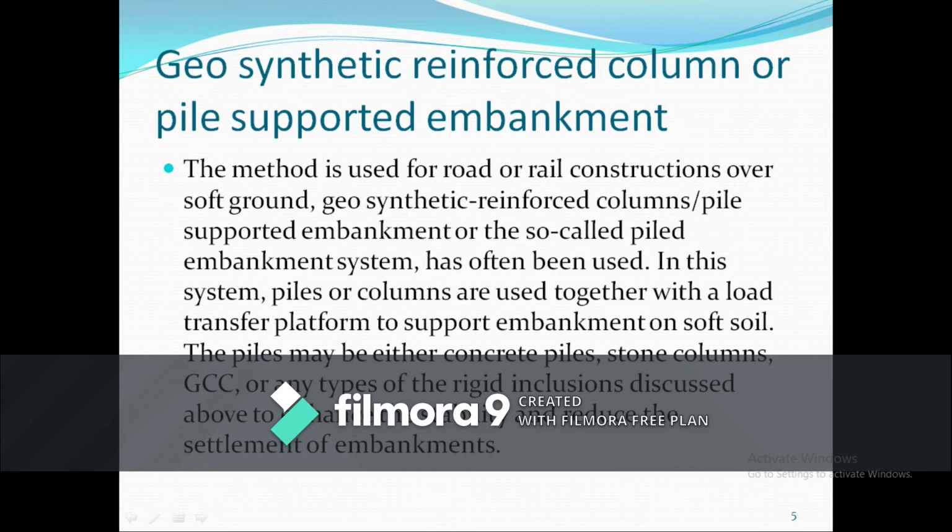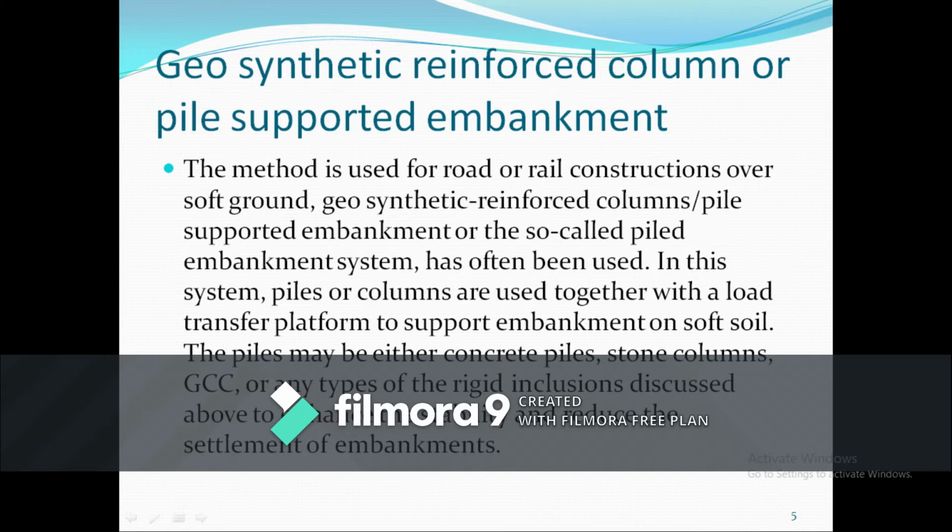You are using piles or columns, adding them to the embankment so that these will be connected to a platform wherein the load can be distributed equally, or they can support the embankment on the soils. The piles may be either concrete piles, stone piles or GCCs or any other rigid inclusions discussed above to enhance the stability and reduce the settlement of embankments.